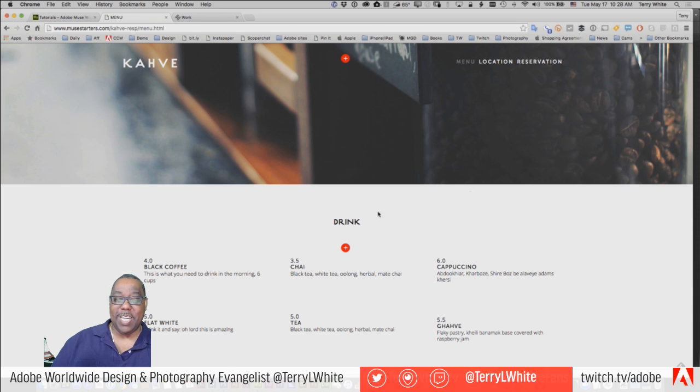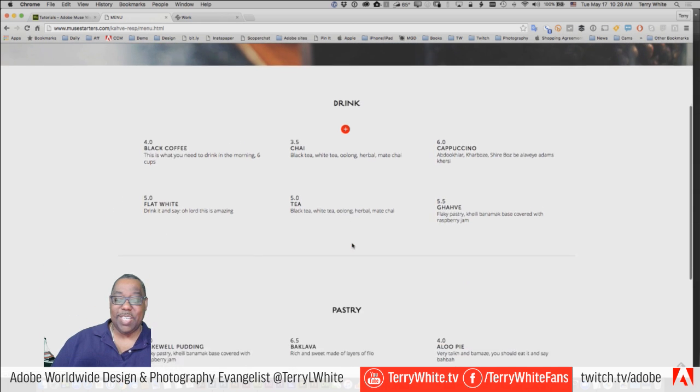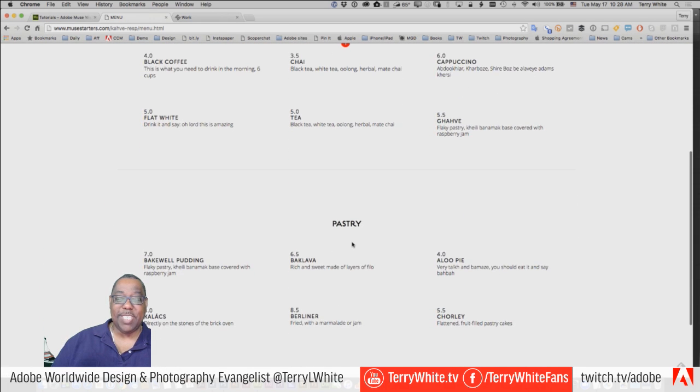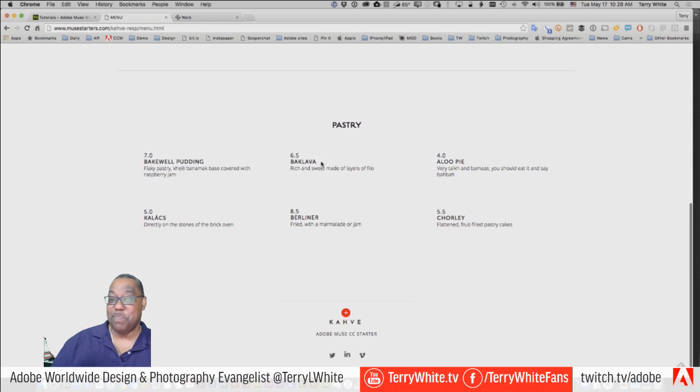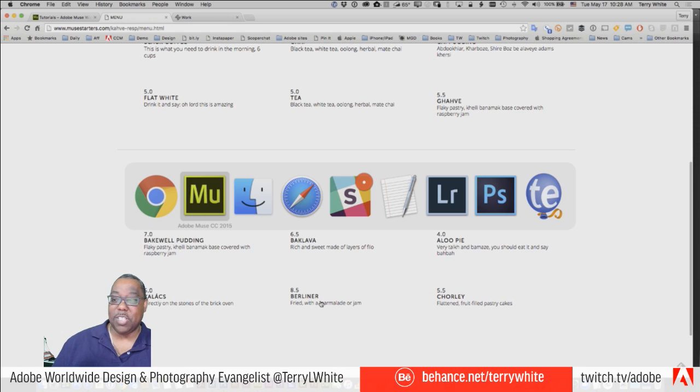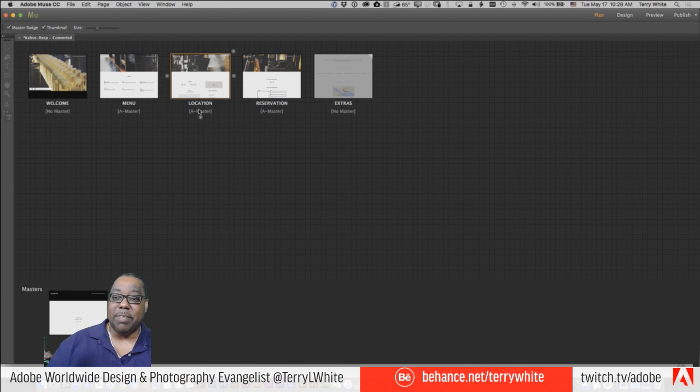So if you're not selling drinks, but you are selling pastries, you can go in and delete all the drinks and put in your pastries. Or maybe you're not selling pastries. Maybe you're selling sandwiches. And you go in and change this all to whatever you want it to be. And of course, you can take any of this stuff out, put in anything different you want. That's what starter designs are. So if we head back to Muse, now that I've downloaded it and opened it,